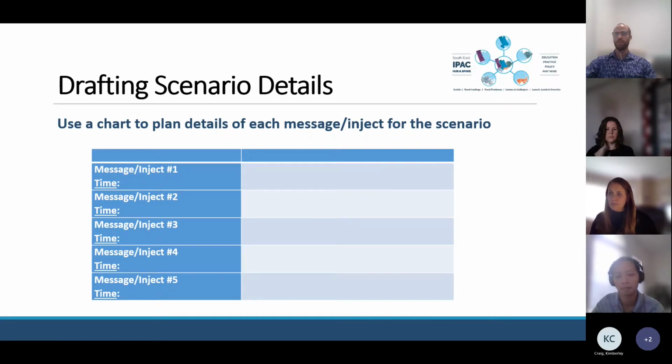Being creative can keep the exercise engaging and exciting, as well as be more relatable to your organization. There is a lot of flexibility in how you can use injects, and there's no wrong or right way to use them. You could try different formats to learn your preference. And some considerations would be situation summaries and related discussion questions that could be given to participants to answer from their perspective of their specific role and then discussed with the group after,